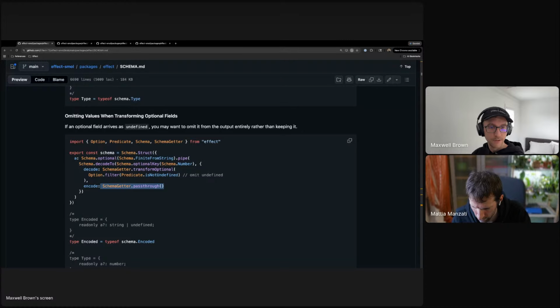We read data from an external API, transform it for our own needs. No need for encoding it back. Yeah, just use this pattern then. And like in V4,